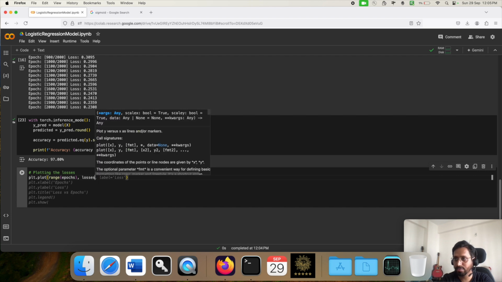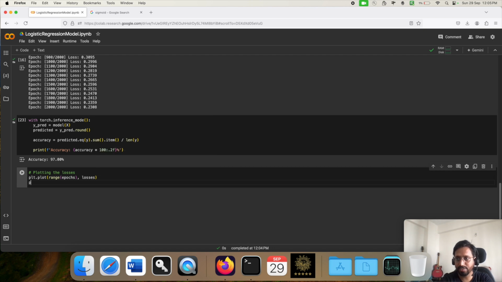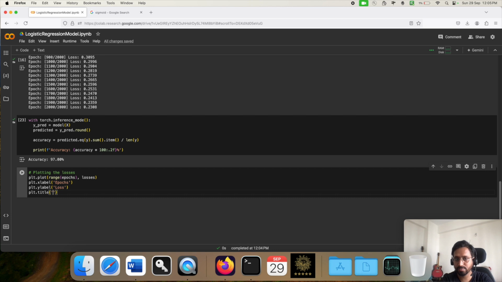Let's type the labels separately: plt.xlabel, here I can use epochs, plt.ylabel, let's use loss, and plt.title, use it as